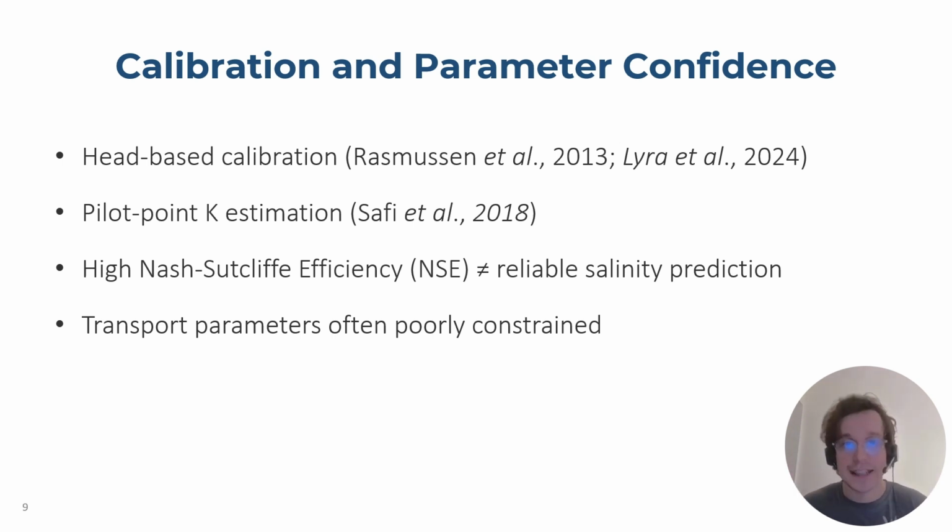It's important to recognize that key transport parameters such as dispersivity and effective porosity are often poorly constrained in coastal systems. While hydraulic conductivity may be estimated through pilot point inversion or calibration adjustment, dispersivity is rarely measured directly at the basin scale. As a result, simulated mixing behaviors can be sensitive to assumed parameter values rather than uniquely determined by field observations. Therefore, even well-calibrated, density-dependent models retain parameter non-uniqueness and predictive uncertainty, particularly under future stress scenarios.